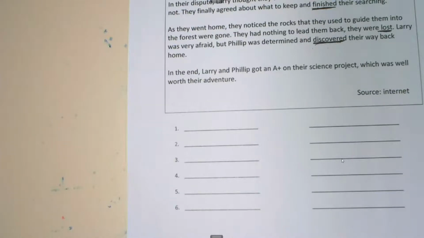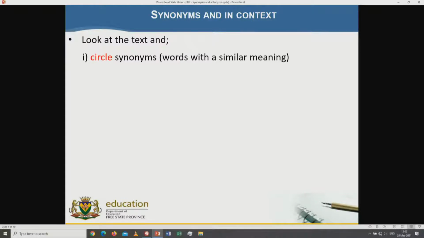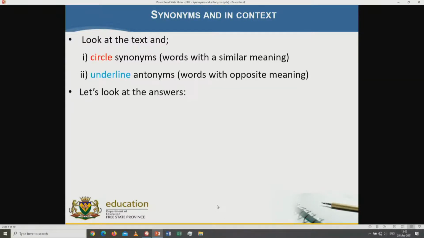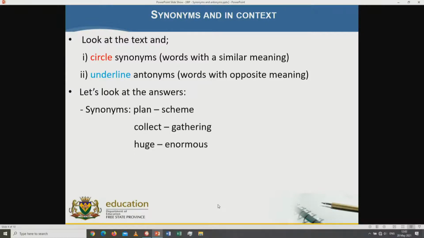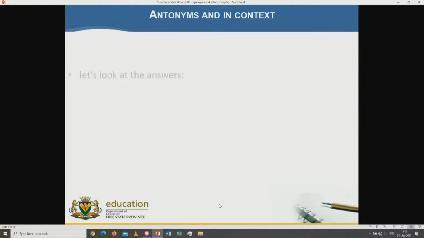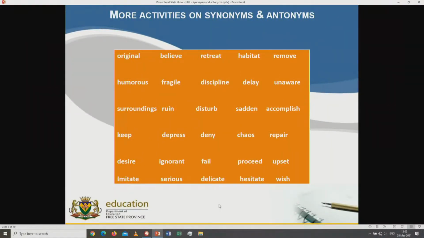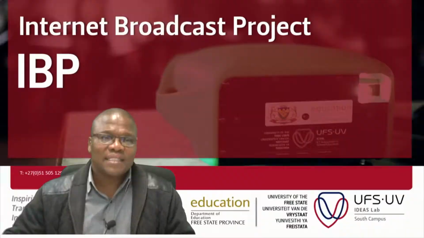And let me give you more activities now. Let's look at more activities that we are going to do here. That one will go because we have already dealt with this. We have already dealt with this, and then I'll just pass it quickly. I'll pass this quickly, and then we pass this one quickly, and then we come to this one. More activities on